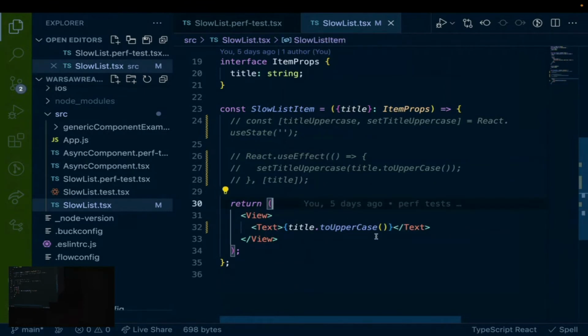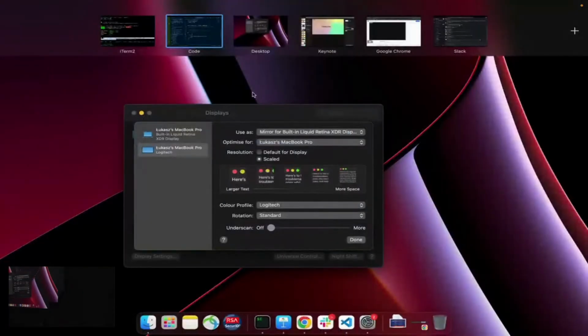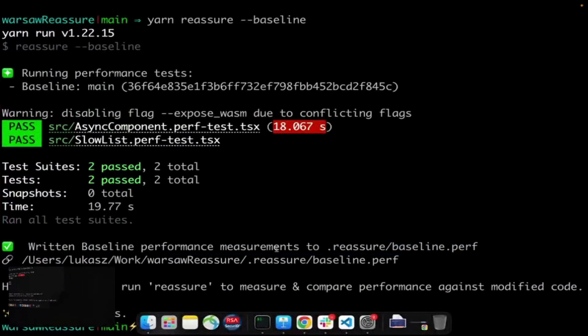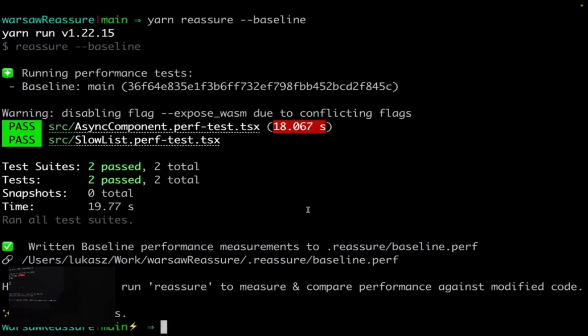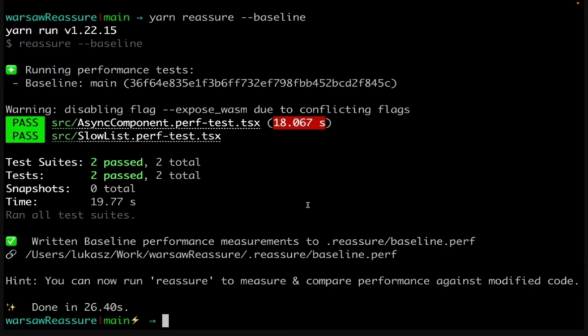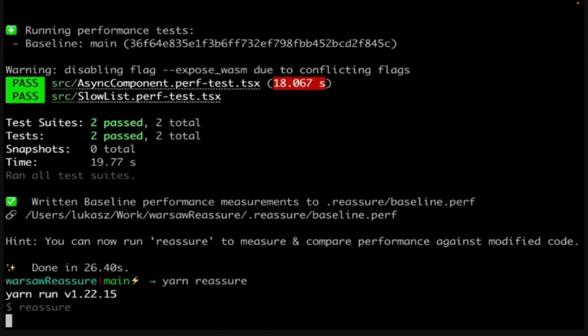I want to know how much it helped my code. So I come back to my terminal. And by the way, you can use it in the pipeline as well, but terminal just gives you this faster feedback loop. But we encourage you to connect this to your local development, but also to connect it to your pipeline. So I run Reassure without a baseline now.